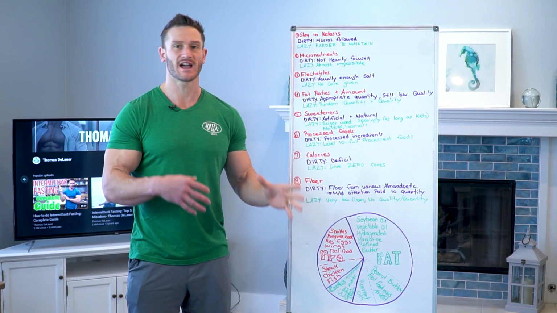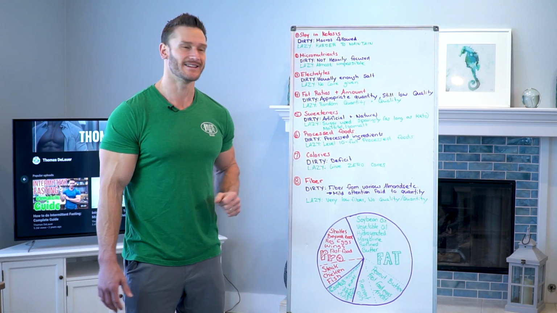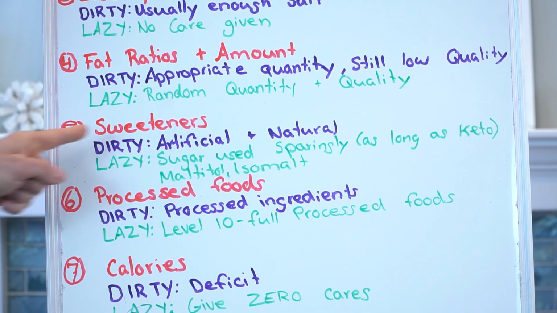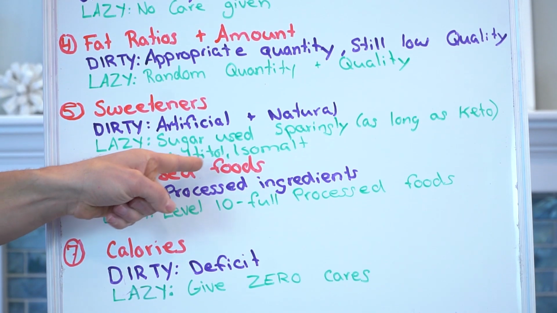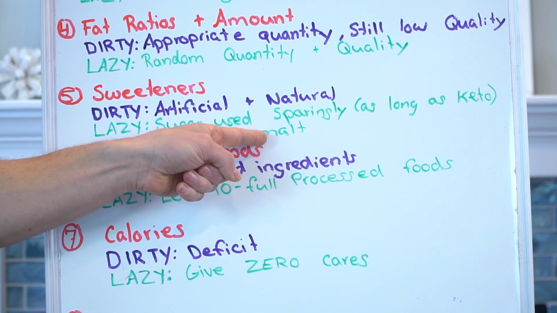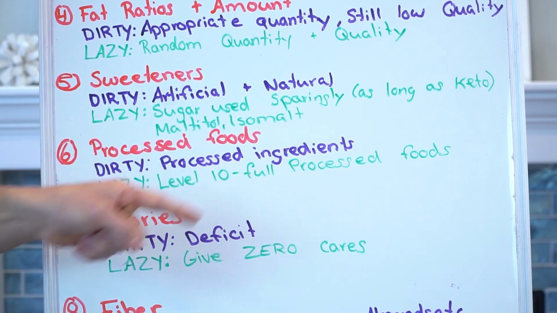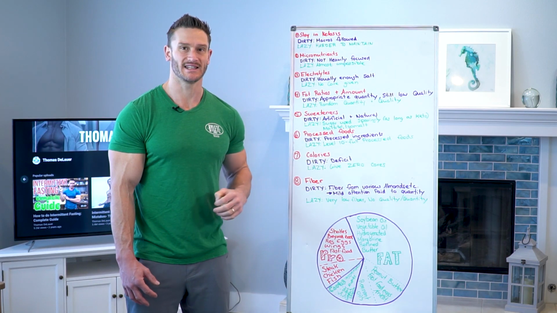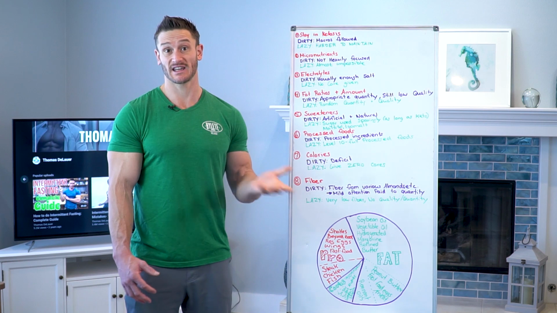Not the end of the world. You're having kind of a hodgepodge of all of them. You're leaning into that a lot. But with lazy keto, you find yourself using sugar too. You find yourself using as much sugar as you can before it kicks you out of keto. That's kind of the rule with lazy keto. You say, no, I'm gonna have sugar. As long as I'm in keto, I'm good.